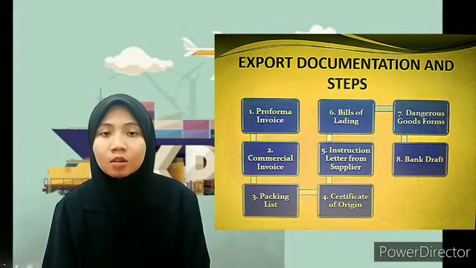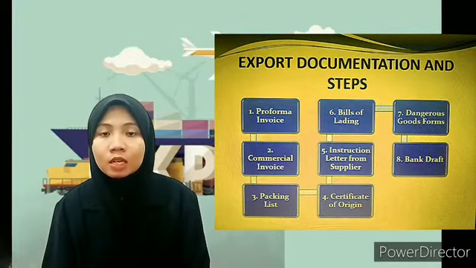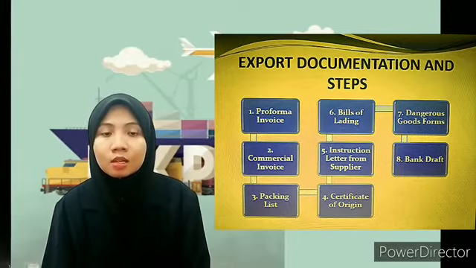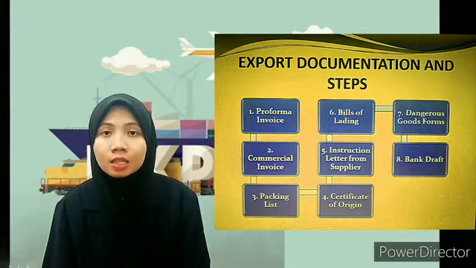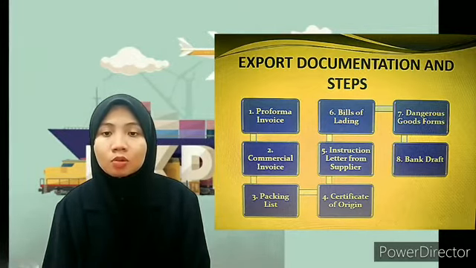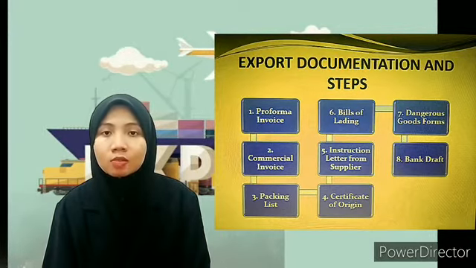That is bill of lading. There are three types of bill of lading, which are inland bills, ocean bills, and air lading bills. The seventh is the dangerous goods form. According to IATA, hazardous goods are products or items that pose a risk to health, safety, property, or the environment